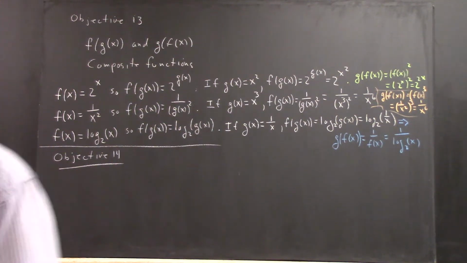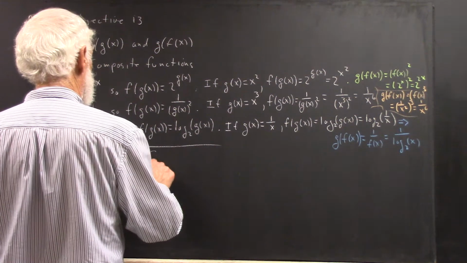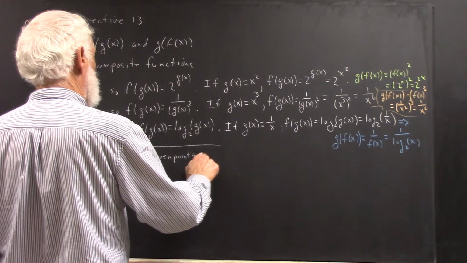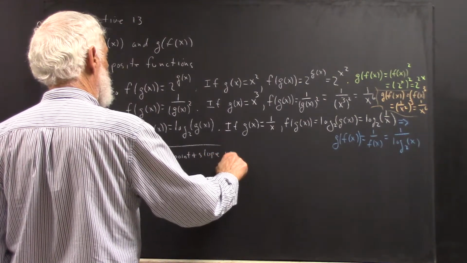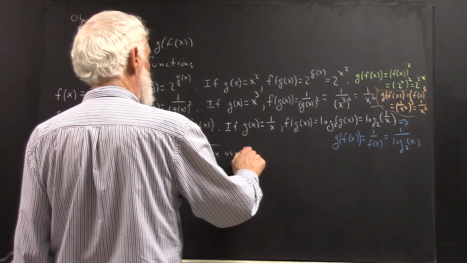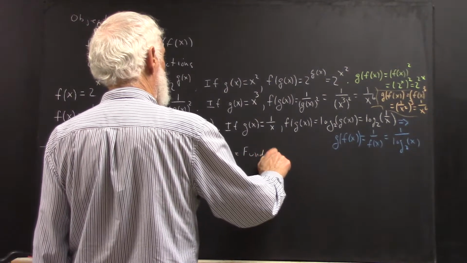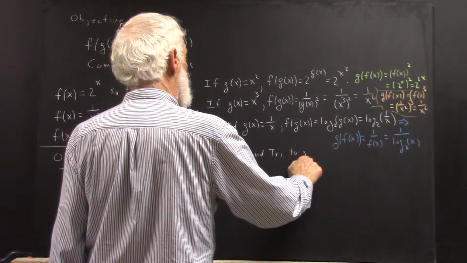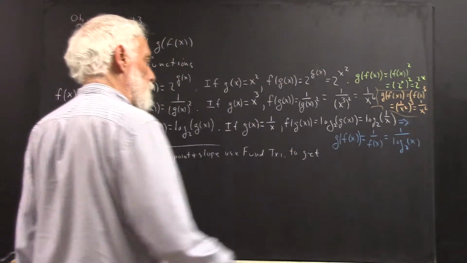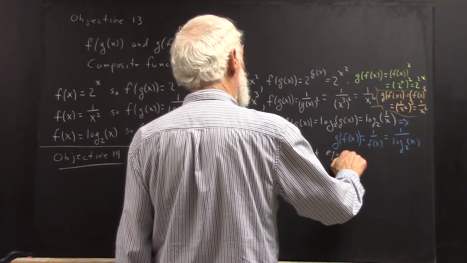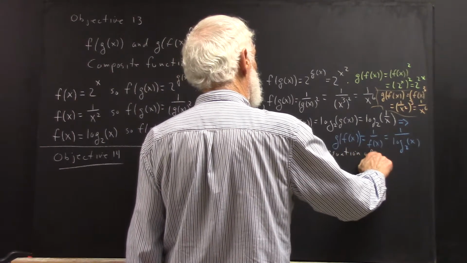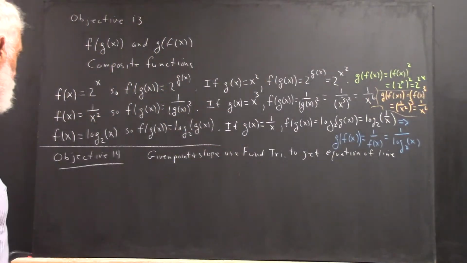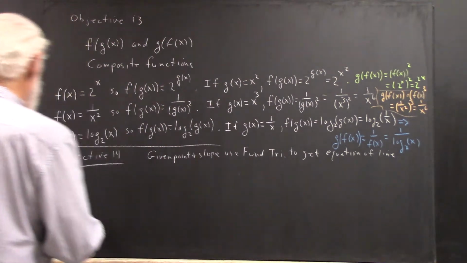Okay, objective 14. Given a point and a slope, use the fundamental triangle to get the equation of the line, and it's the line through that point having that slope. So, example,